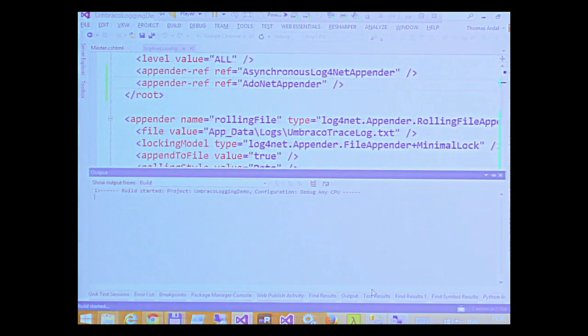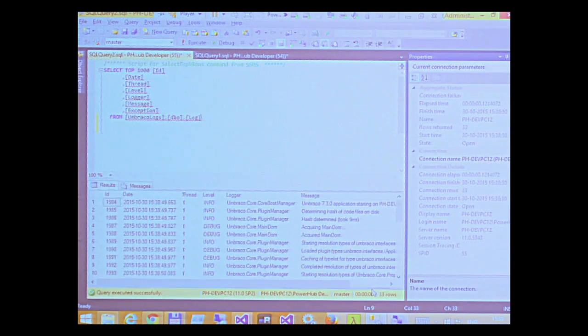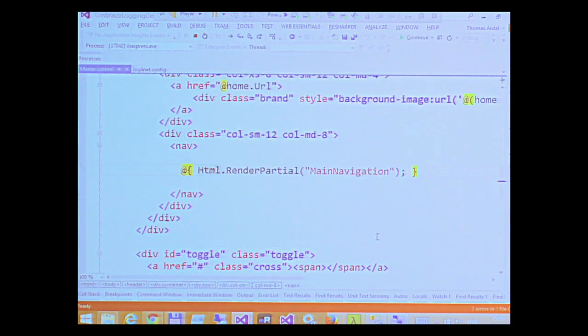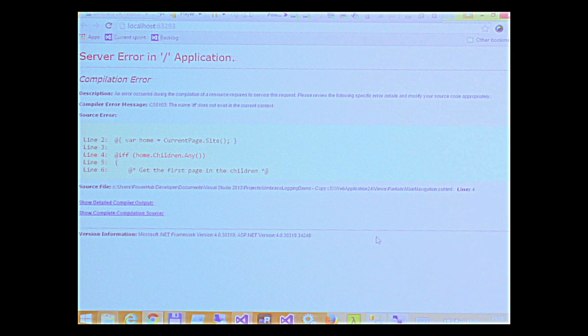And let's try to start this again. We should see that all our log messages are now sent to SQL Server as well. So now we have a better store for storing our log messages, and we can do some simple searches and so on inside SQL Server if we want. So if we go back to the slides,